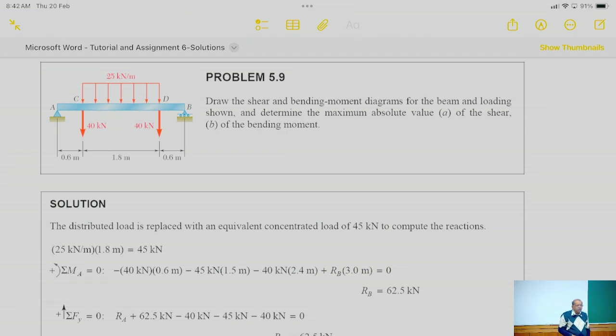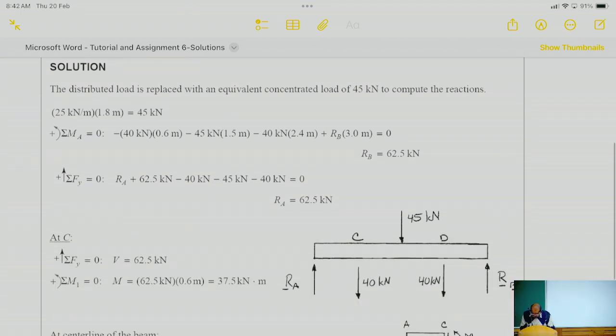And then you take sum of Fy equal to 0, and if we want to start from the left side, we want to find Ra. So take moments about B equal to 0. We do these and therefore we get the value of Ra and Rb. Okay. Is this clear? How to find the value of Ra and Rb? Now, once you get Ra equal to 62.5,